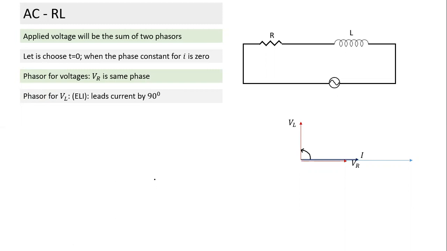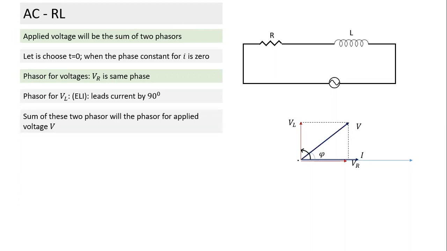What is the next step we should do? So I had drawn the phasor for current, and the phasors for VR and VL. How do we apply this condition? If I take the sum of the VL phasor and VR phasor, what would that represent? This is easy to find. The sum of the two phasors will be the phasor for the applied voltage.